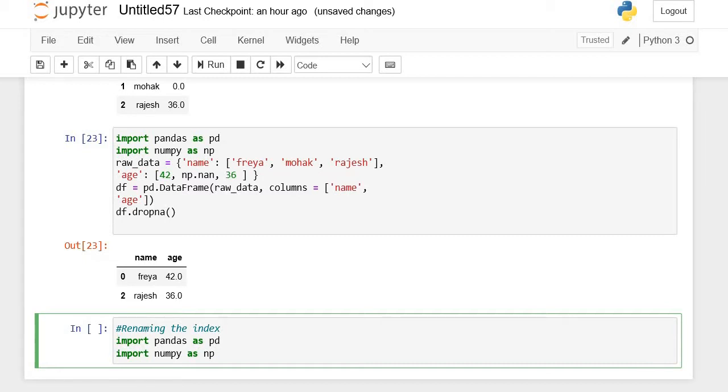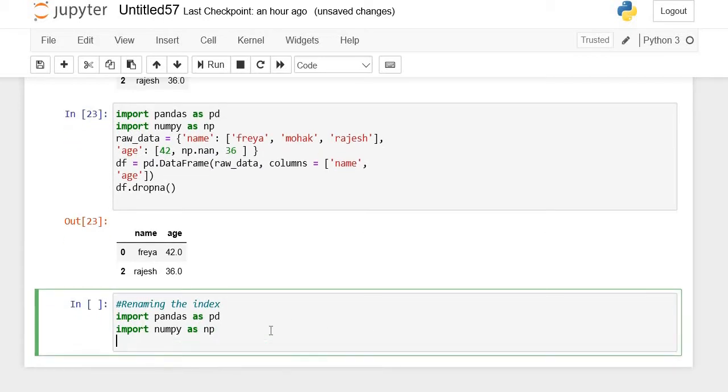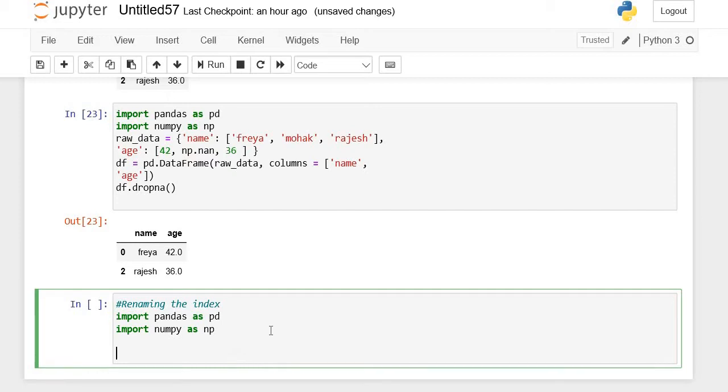This is the basic task that we are performing, and the very next process is to create the data frame. For this, I create a variable df equal to the pandas library, and its method is DataFrame,